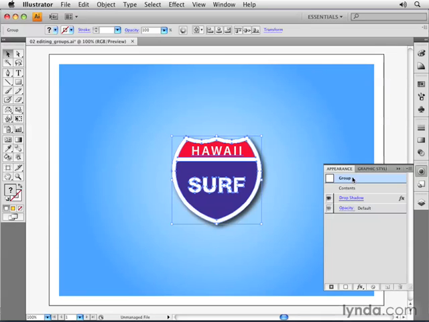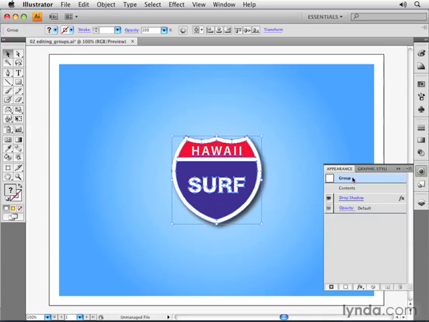Now, when I mentioned before that we have a problem from a workflow perspective, let's explore a possible design-related issue. Say this comes back from the client, they love the design, but they need to add a trademark symbol to this particular logo. Now, obviously, you want the trademark to be part of the group as well. Now, in the past, if you had certain elements that already existed inside of a group, and then you wanted to add additional elements to that group, you probably created the shape, then went ahead and ungrouped all the elements in your group, selected everything all together now, including the new elements, and then regrouped them, which may have worked